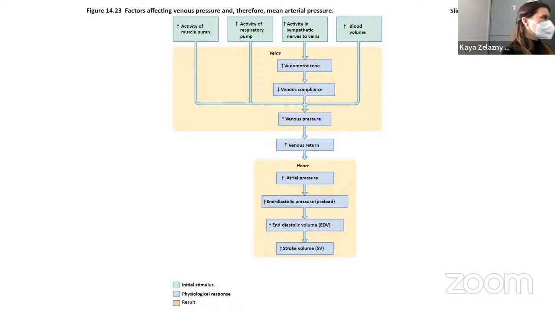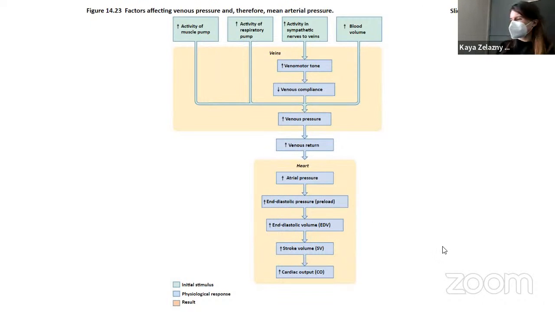So if we have an increase in preload or in end diastolic volume, we also have an increase in stroke volume. So that's the amount of the blood coming out of the heart during systole going into the aorta. So that's stuff we talked about way back in December, presumably. So as we have an increase in stroke volume,